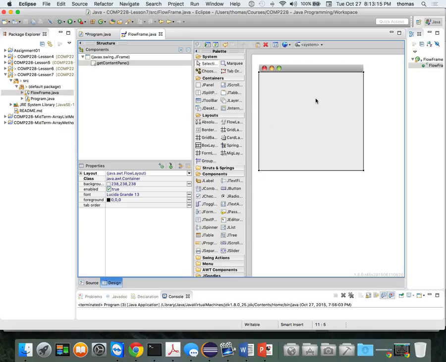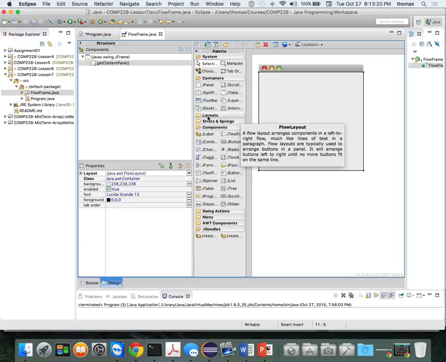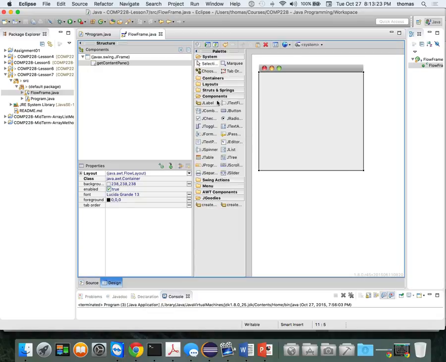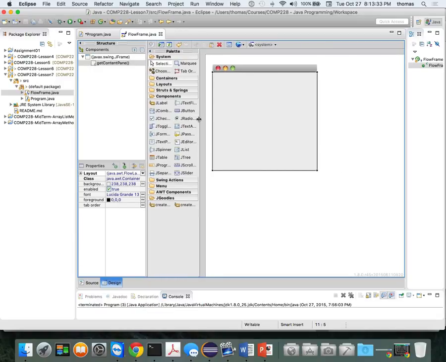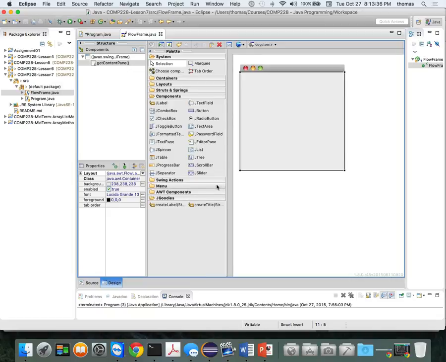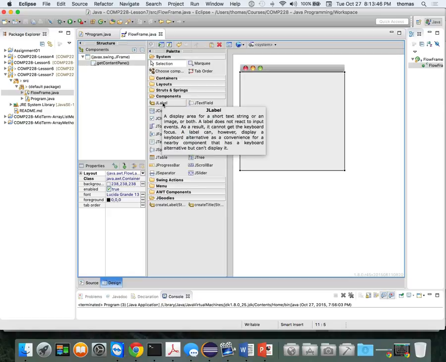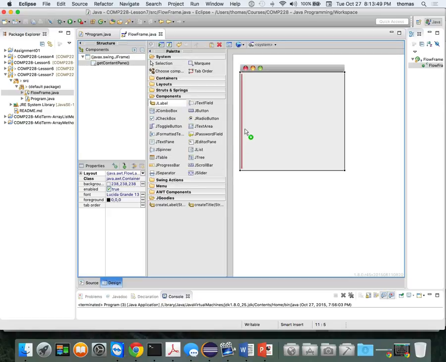Let's add in some labels because that's what we want to do here, and I want to show you how to do that. So here's layouts. Let's close off layouts, and we'll close off containers, and we'll go into the components section, and we'll click on the JLabel as an example. So I'm going to close this off a little bit, and we'll open this piece up. That's all I'm doing. Just from a visual perspective, it's sometimes good to understand how this all works. So I've got JTable, JTree, JTextArea, JButton, JTextField, JLabel. There it is. So I'm clicking on JLabel, top left corner,